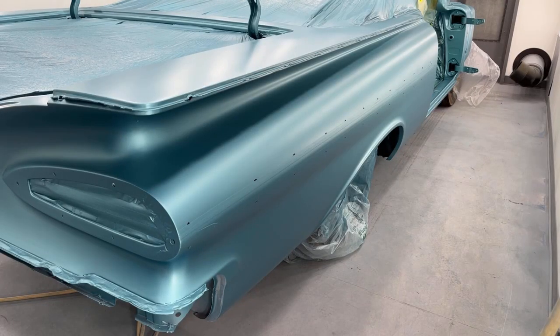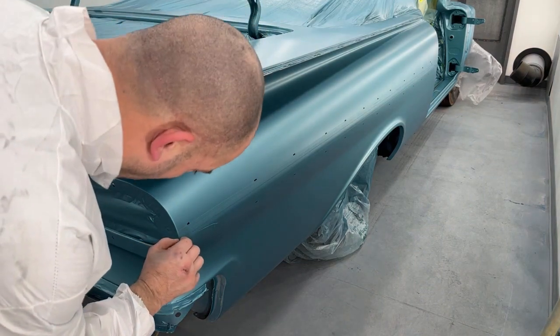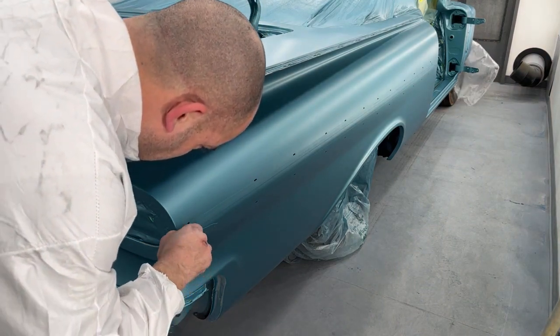Okay, I tack cloth the car off. Now I want to get this tape pulled off. Start with